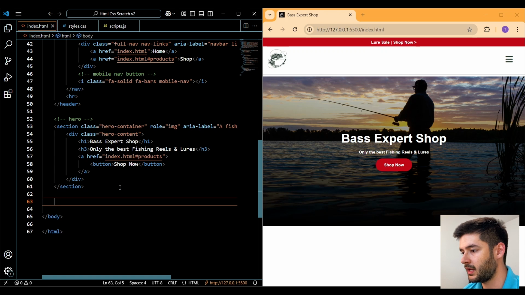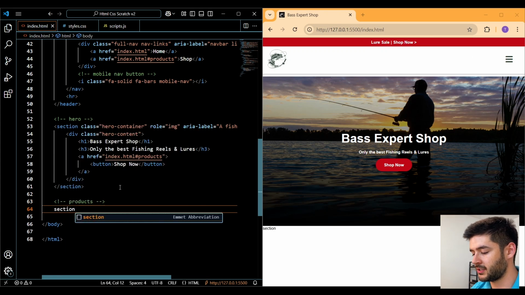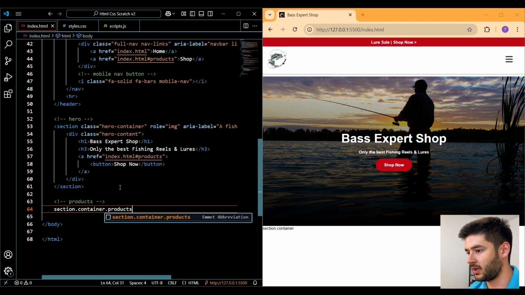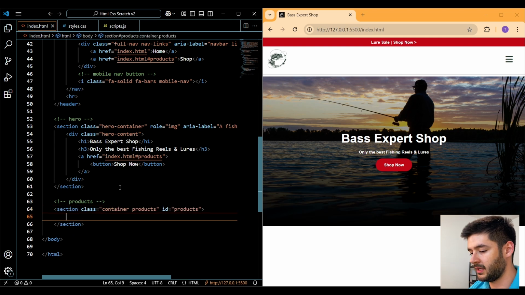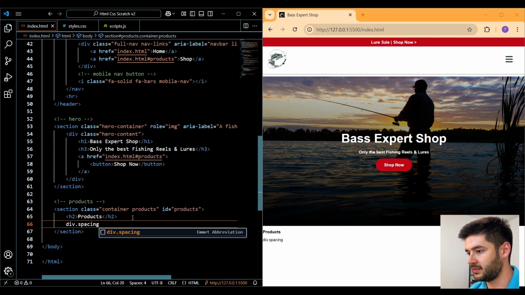We can start creating our dynamic products section. What we want to do is start off with a section element, add our container class and our products class. And here we can use the hashtag symbol to include our products ID. Inside of this, we'll create an H2, add our products text, create a div with a class of spacing, create